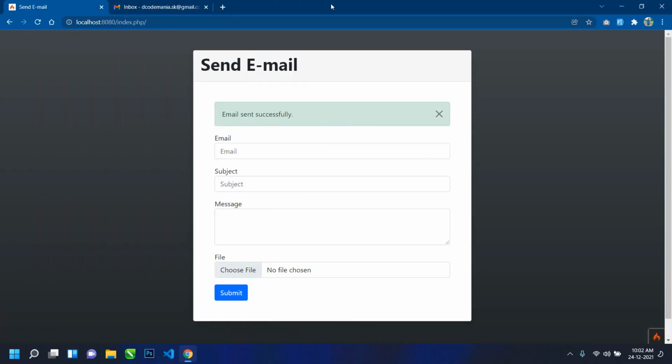I am Sahil and today I am going to show you how to send email using CodeIgniter 4 and Gmail SMTP with contact us form and with file attachment. Okay, so let's start. So first I will download a fresh copy of CodeIgniter 4 framework.